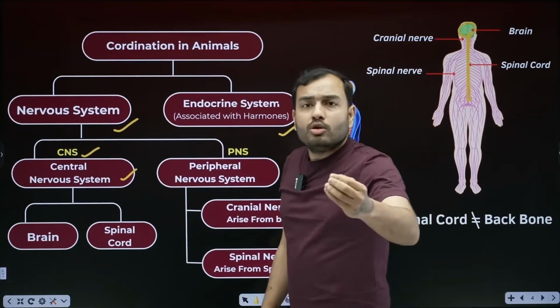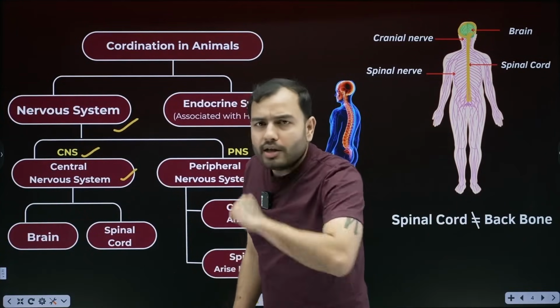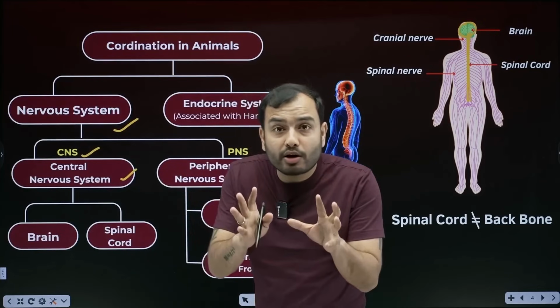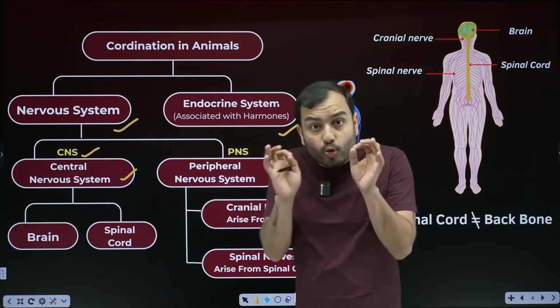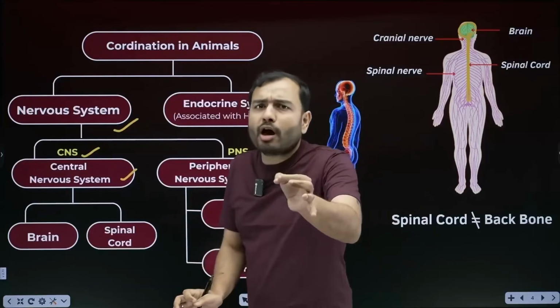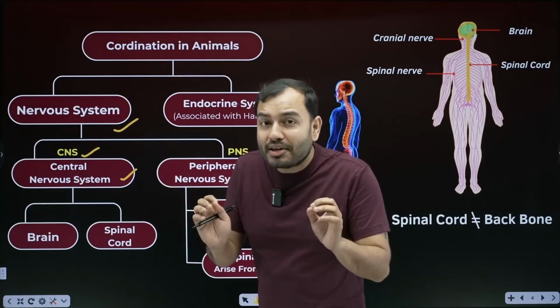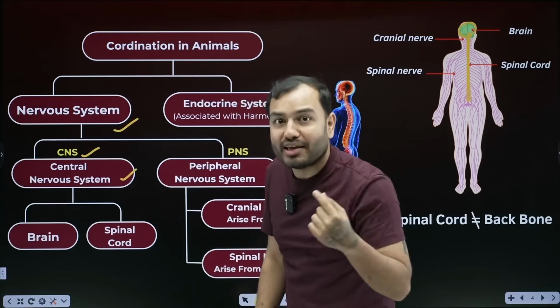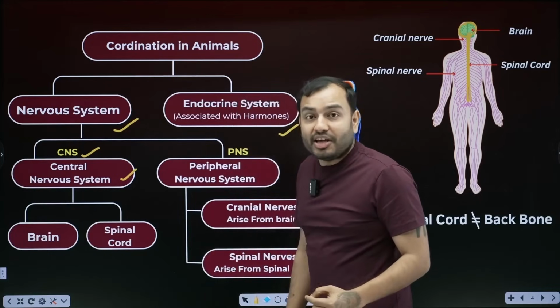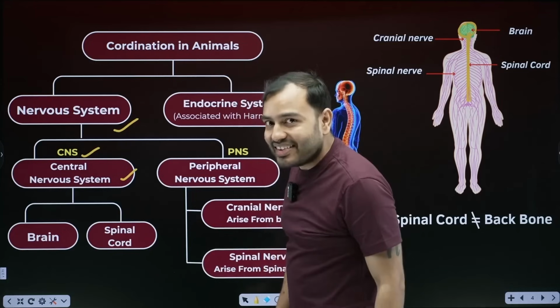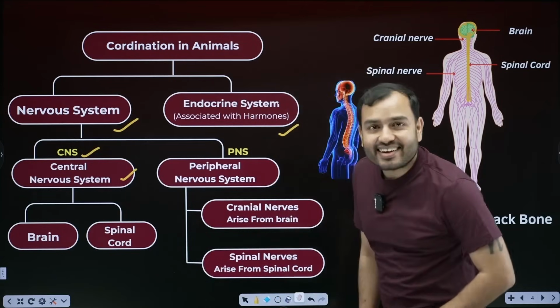Now listen carefully, beta. Until now you say, don't you have a brain? Beta, the brain is not taking all the decisions. The brain and the spinal cord both together take decisions. Both are important. If your body's prime minister is the brain, then your body's home minister will be the spinal cord. That is also important. If you think the brain is Modi ji, the spinal cord is Amit Shah ji, who tells everything what to do from behind.